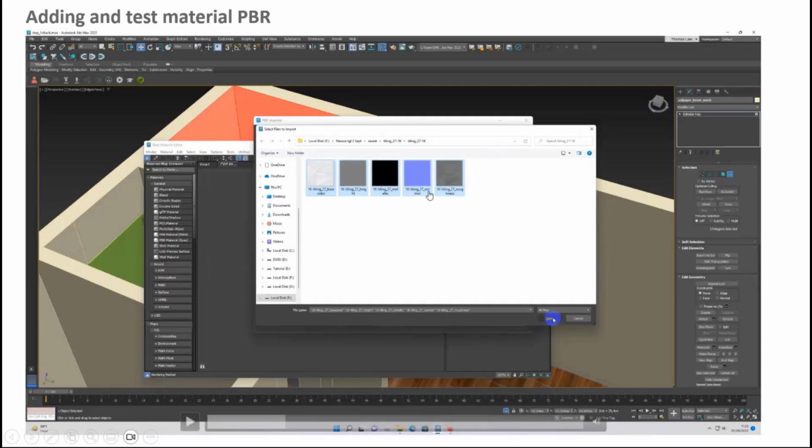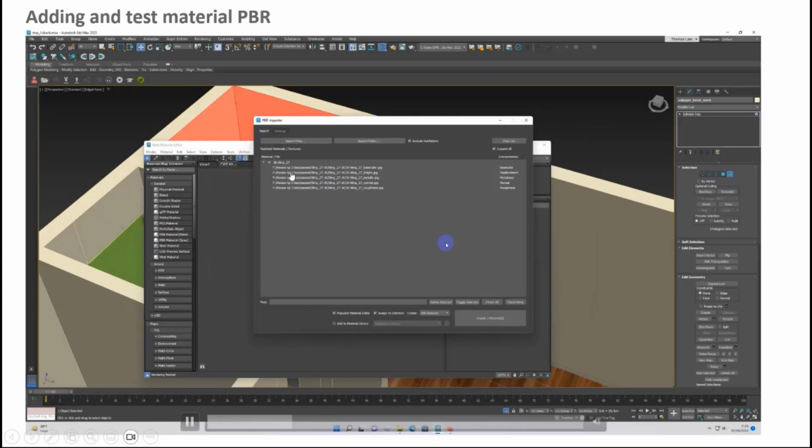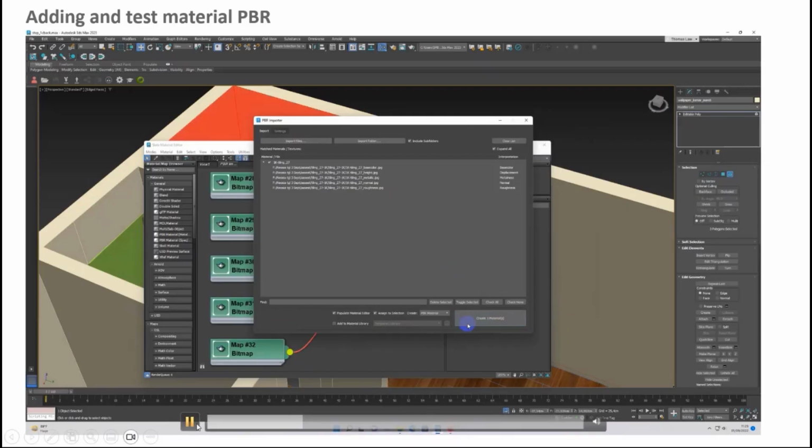You can pick from a lot of PBR websites, like Poly Haven and CC0 Textures, in the market. I think it's free. You can take it for free. That's why it is easier to adapt PBR material inside 3ds Max. Just open the material editor, and then there is a menu for PBR material. So PBR import, inside the 3ds Max material editor.